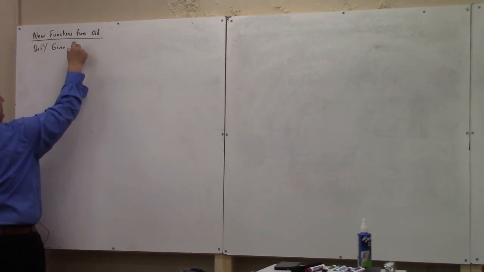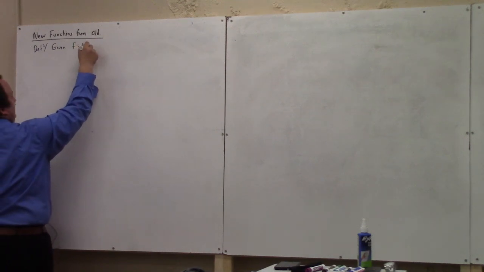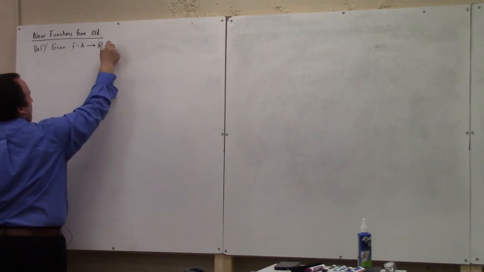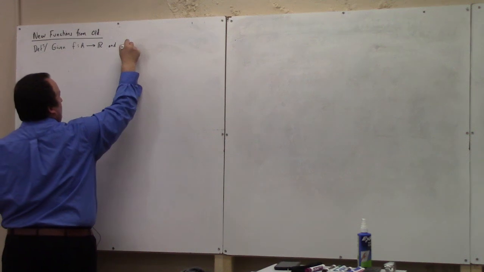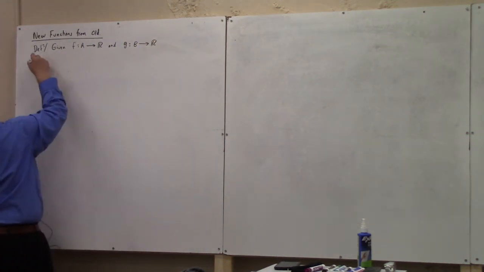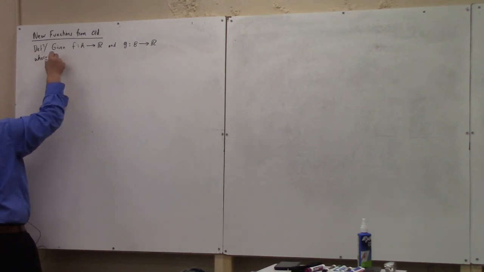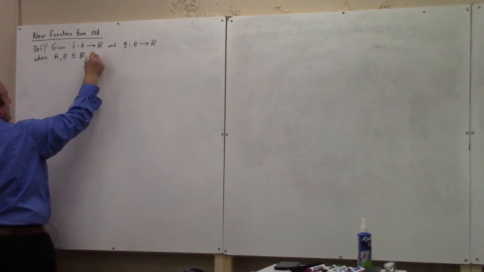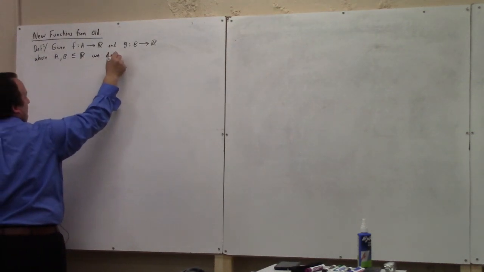Given f from A to the reals and g from B to the reals, where A and B are subsets of the reals, we define